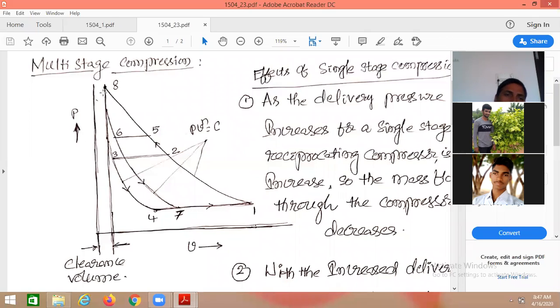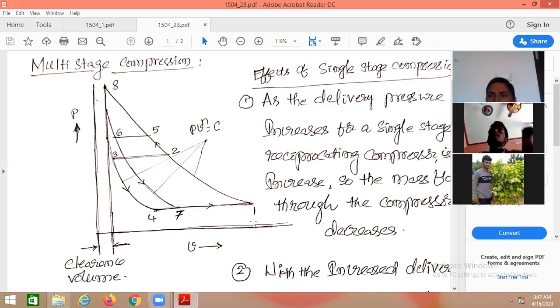Suppose the pressure is increased to 8 bar. Along the same line, the air has only expanded, so no fresh air can enter. The complete expansion stroke is used up in dropping the pressure, so there is no chance for fresh air to enter the cylinder. Therefore, upon continuous increase of the pressure in single stage compression, the amount of air entering the cylinder decreases.